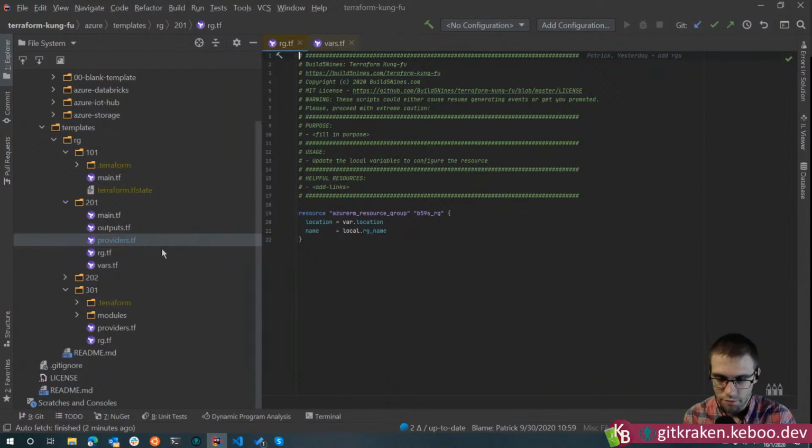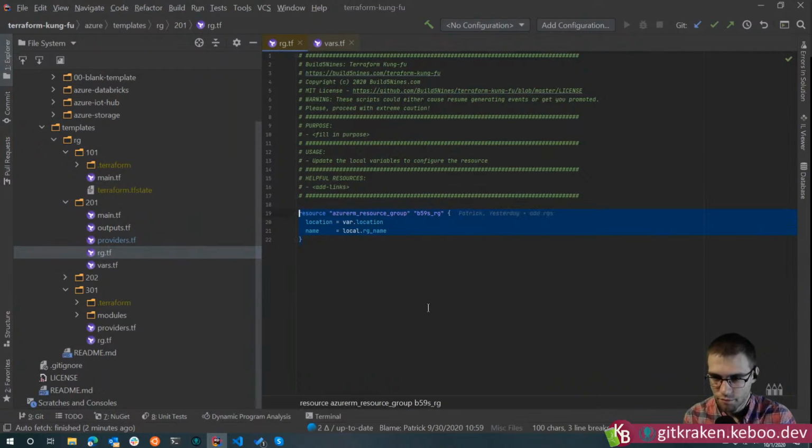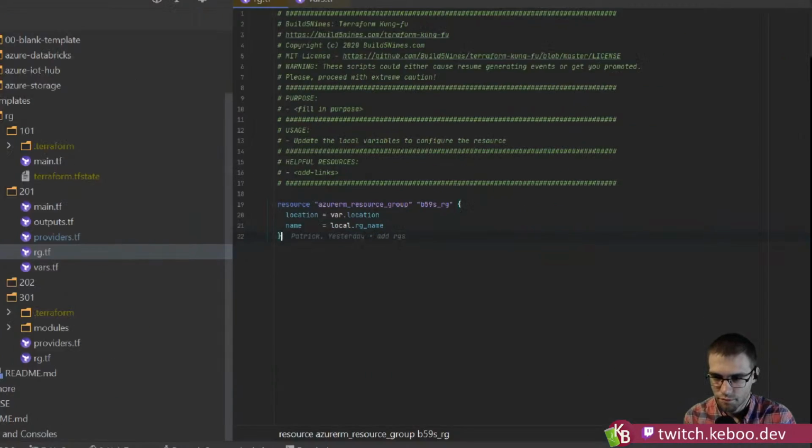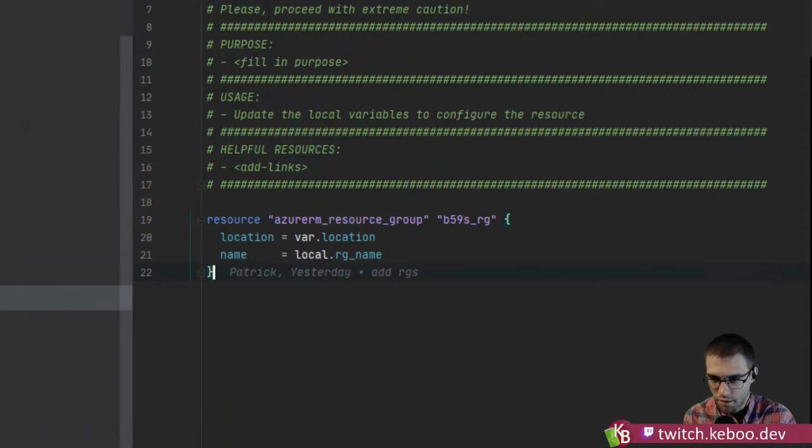And then we've got our RG, which, again, looks a lot like our simple one, but we're doing something very different now, right? No more of the hard coding, aside from the name of the resource, which we have to declare here. So we've still got B59s underscore RG. That same Terraform name is going to be used here, but now we've got location and we've got name, but no longer do we have strings here. As a matter of fact, there's no string at all. So even though a string is required for this, tell us what we're doing here.